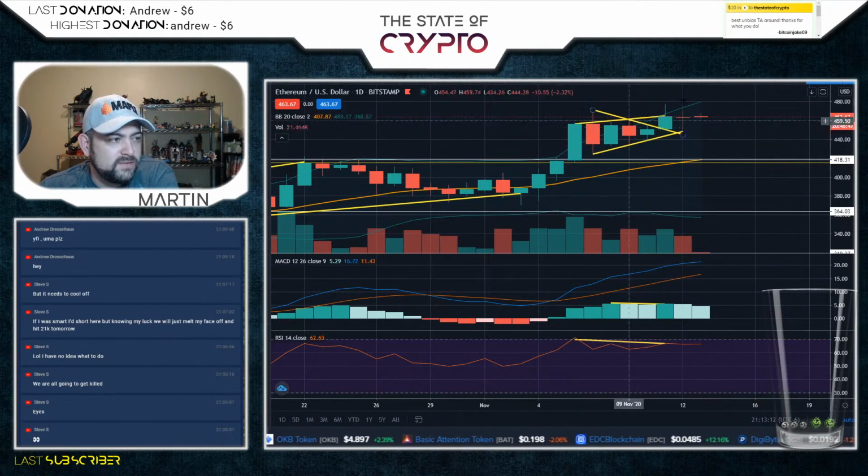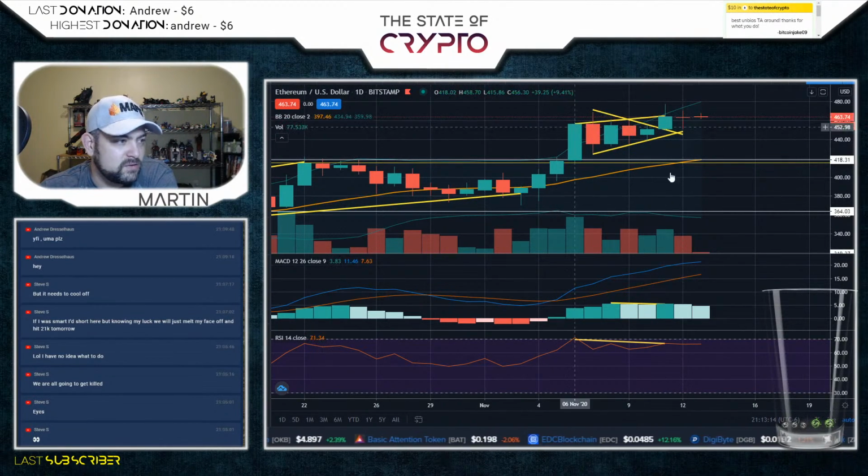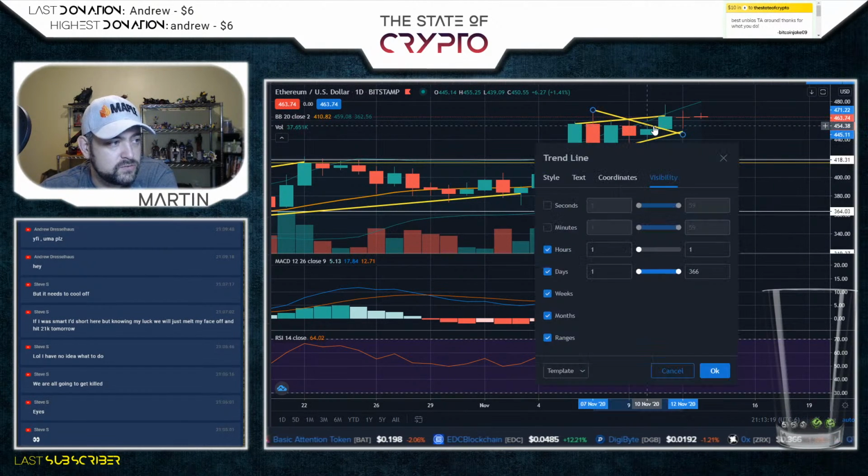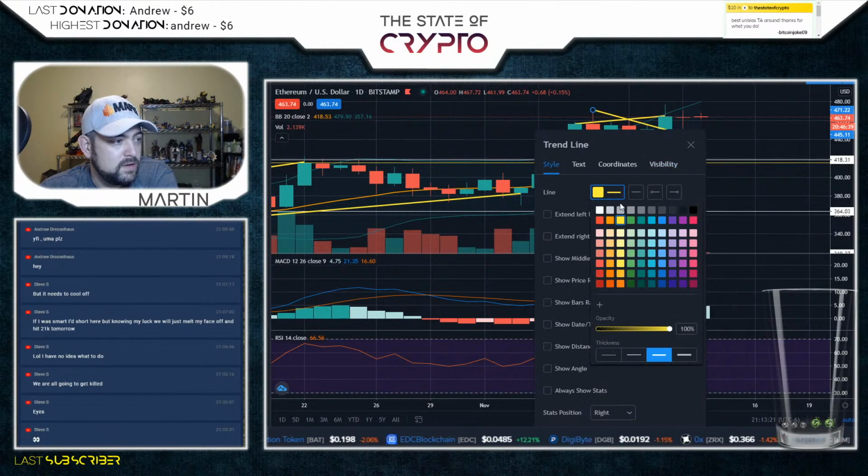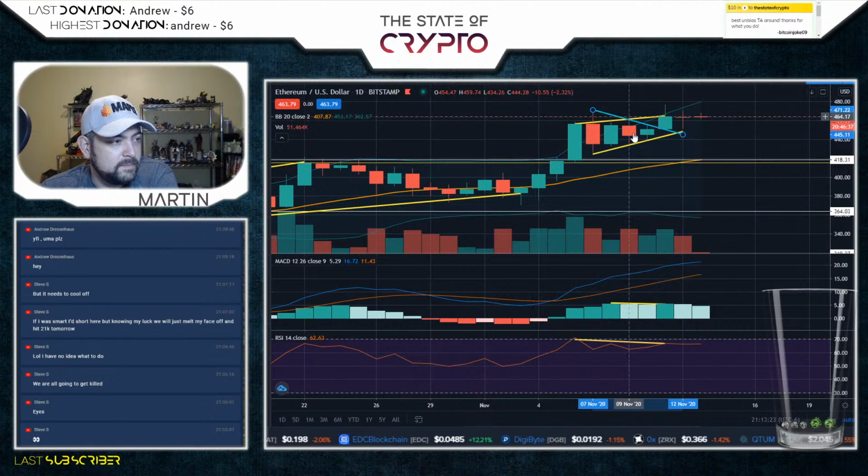This wasn't a rising wedge, although it kind of looks like a rising wedge. I was looking at this as a triangle first. This line here, I'll switch this to blue. That was not going to get confusing, but